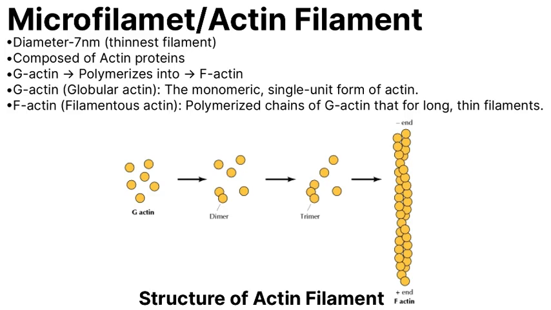or the filamentous actin. And at the end, two chains of F-actin proteins helically coil with each other to form the structure of the actin filament. If you look under the microscope, you can clearly see the right-handed helix forming the actin filament, which is similar to a thin rope or filament-like structure. And yeah, as in the diagram, the two parallel F-actin chains have a distinct structural polarity, the plus and the minus ends, which we will see in some higher classes.